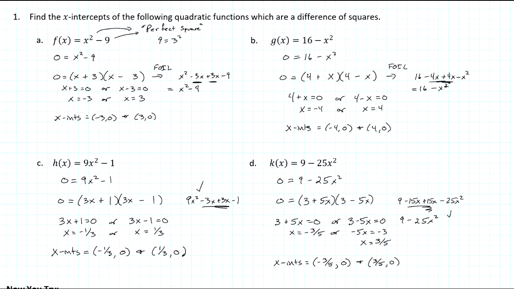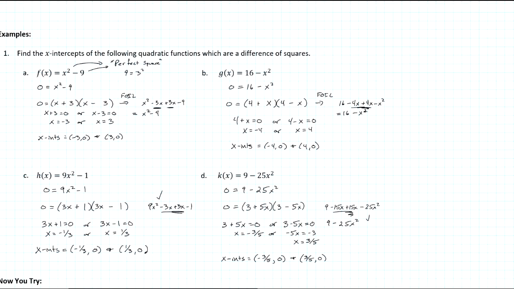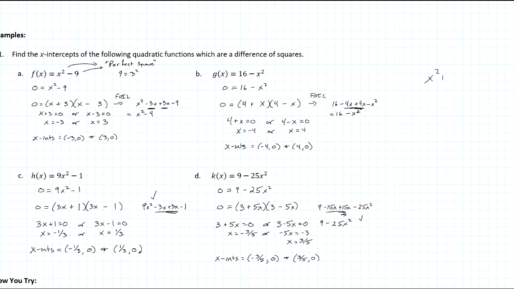So hopefully you see that there's not a whole lot to this. It's kind of nice. You just have to be able to recognize that it's a difference of two perfect squares. It only works if there's a subtraction. As long as we're doing explanations here and examples, I will note, like if we had x squared plus 9,